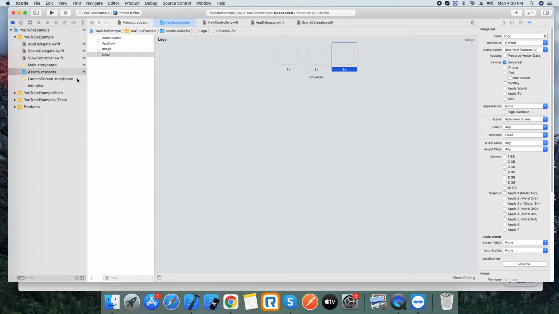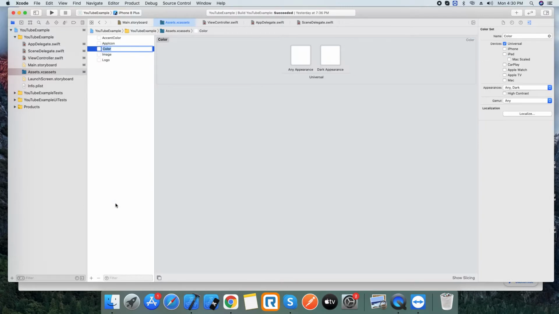This is what assets have. And here we can create colors too, like a color set for dark theme and light theme settings. We have to give names as per our requirement. For example, in light theme we want white color, so white, and in dark theme it should be black, so I'm giving a name like this.